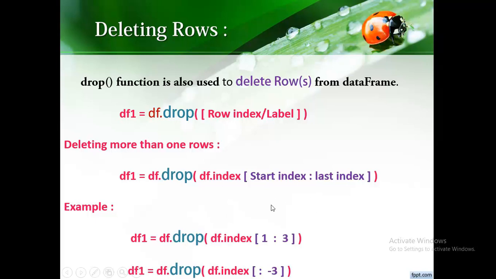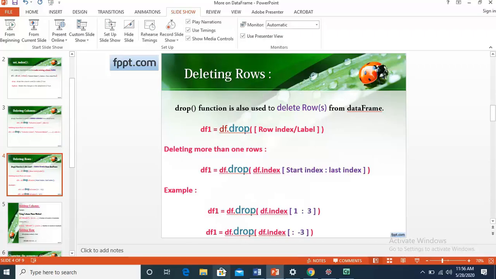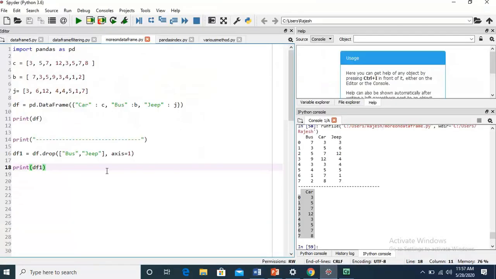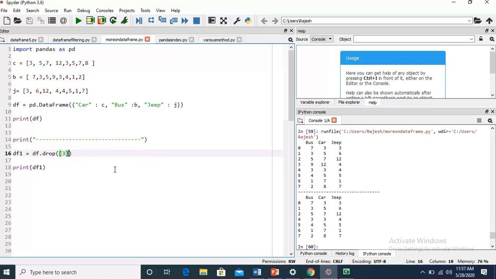Let's take an example: delete the row having index 3. I will use the same function drop and only give 3. Press F5. You just see in the output the row 3 is missing.